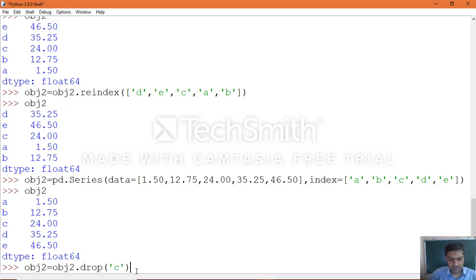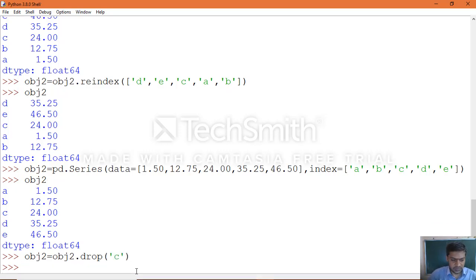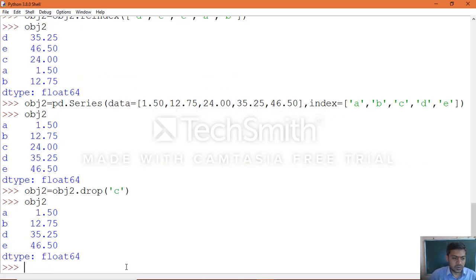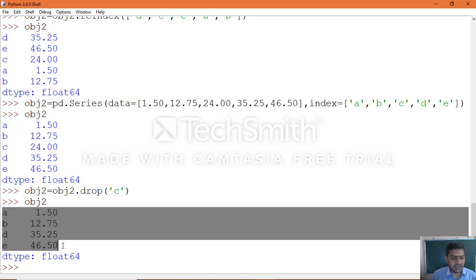That index name you need to specify. Then print the object. You can see, the indexes a, b, c, d, e, of which we dropped c. That is the statement we executed here: obj2 equal to obj2.drop of c, which deleted c. We can see the output after the execution of the statement clearly.